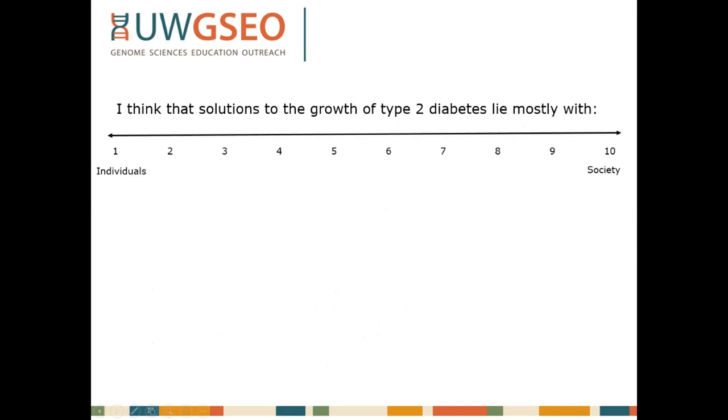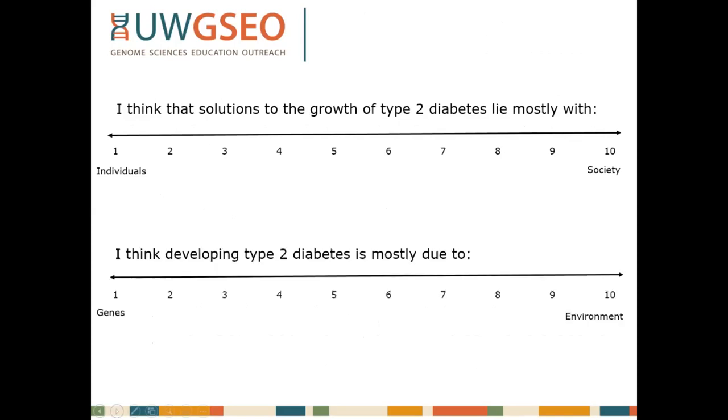So now that you've seen this, we're going to come back to these first 2 questions. Do you think that solutions to the growth of type 2 diabetes lie mostly with individuals or society? And do you think it's mostly genetic or environmental? We're trying to move the needle on these a little bit. I'm not sure where you started or where your students will start, but rather than thinking of type 2 diabetes as a totally individual mandate, because that's sort of how it's put out there,